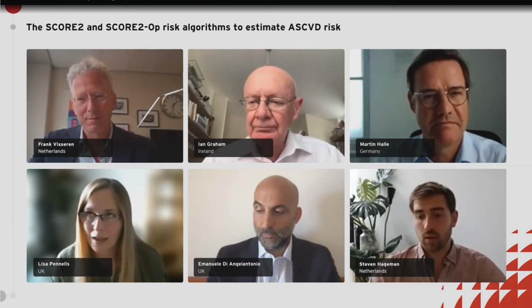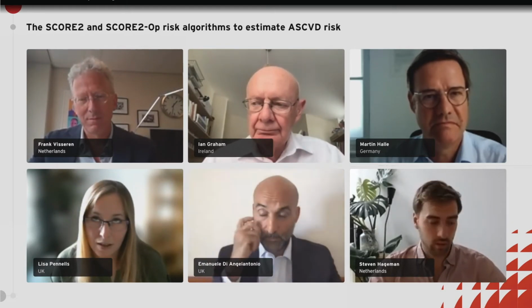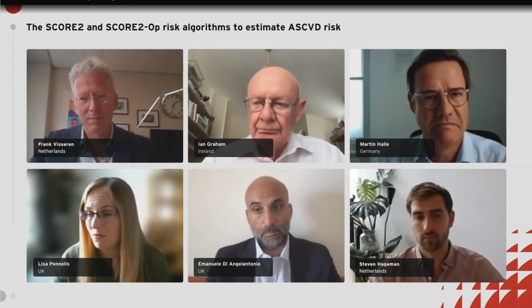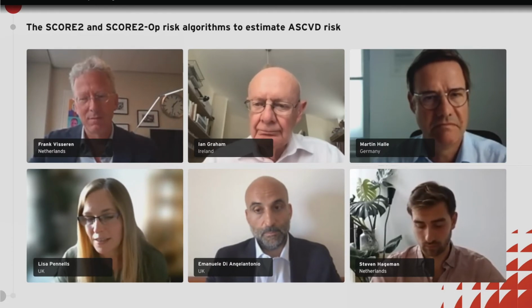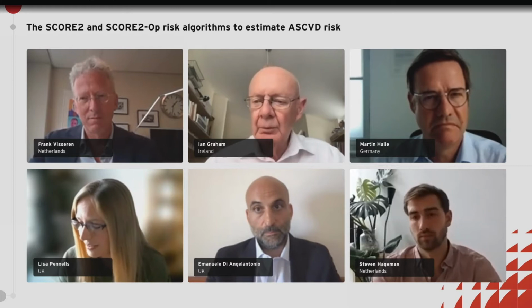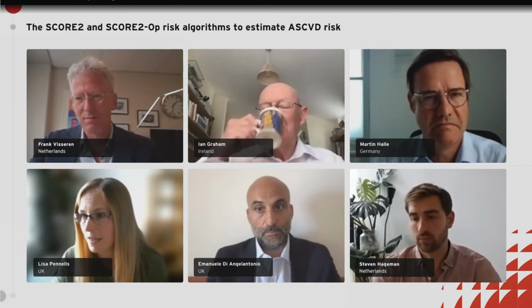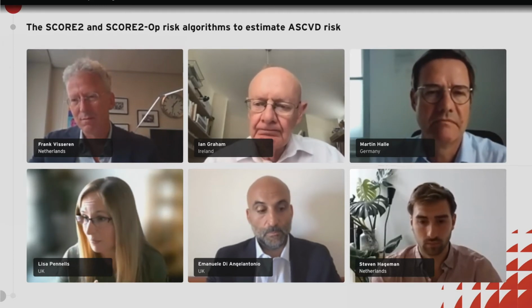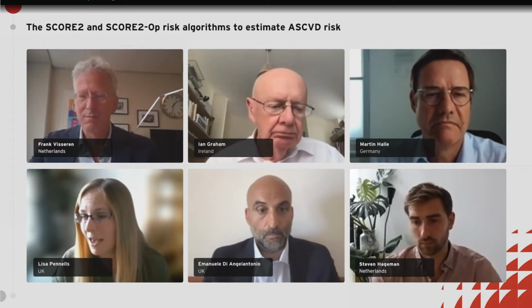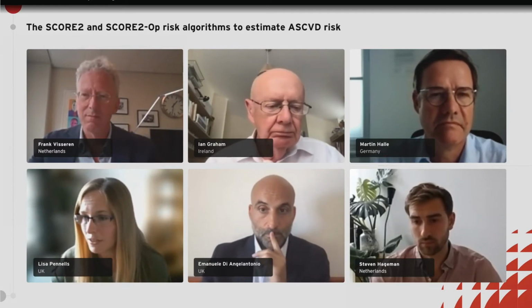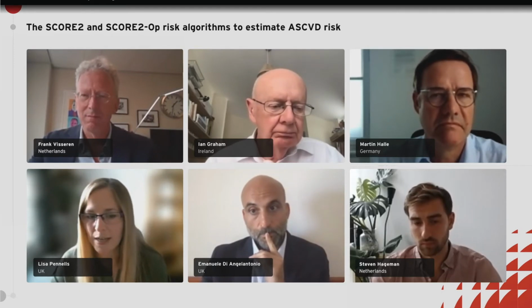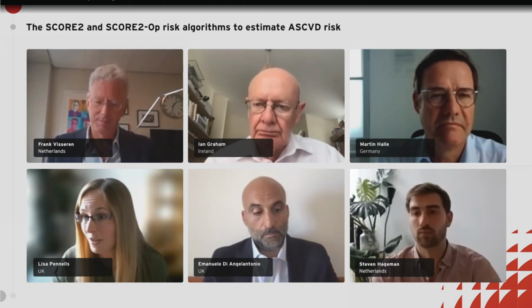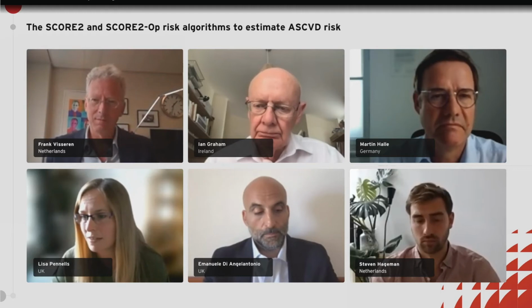Sure. So for the multiplier estimates, we've tried to use the most reliable data sets within each region. And we've got fantastic data sets from Finland, Sweden, the UK, which really cover the entire population and are made possible by having these personal IDs that are linked to several different electronic data sets, hospital records and registry data. So that's really enabled us to get what we think is an accurate estimate of the non-fatal events and the ratio of those to the total events.